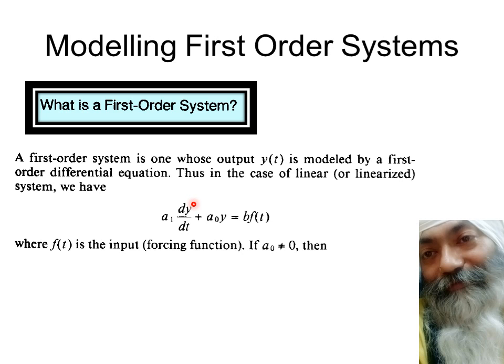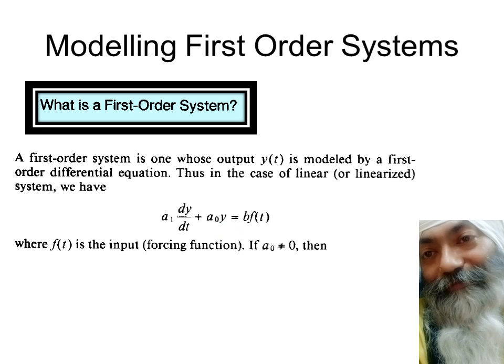It's a linear system. Now here we have to take into account one important thing, that a naught is not equal to 0. Why? Because my intention is to divide the entire equation by a naught. I want to divide a1 by a naught, and b by a naught. And for dividing anything, a naught should not be equal to 0, because in some cases a naught is equal to 0, as you'll find in the subsequent slides. But right now, supposing that this is not equal to 0, going by that intention,